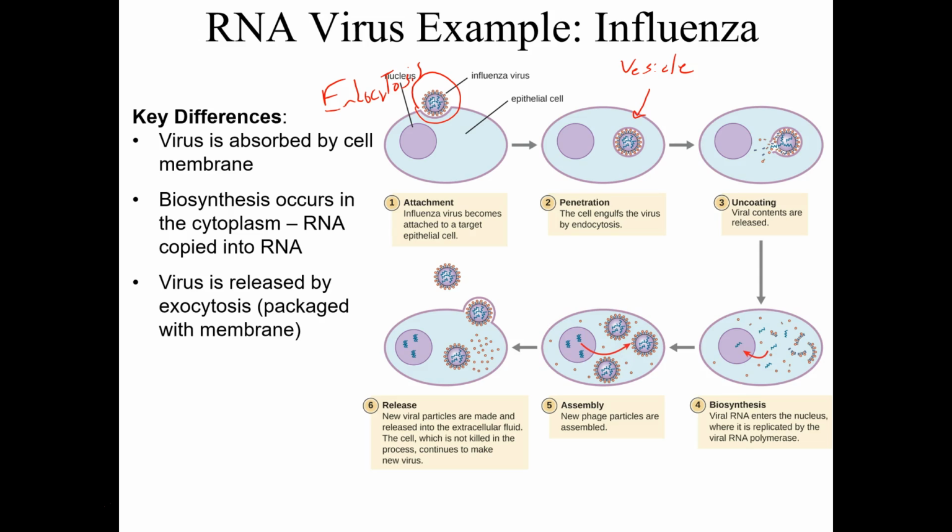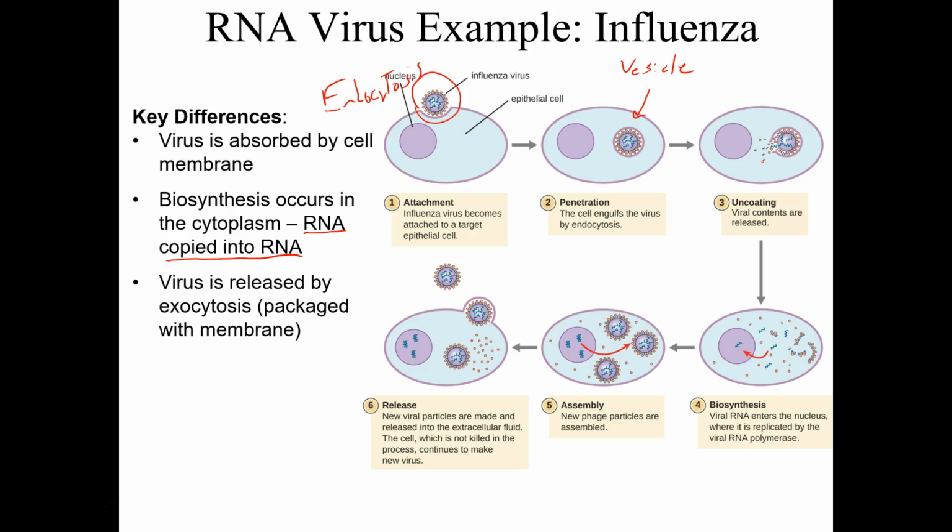The flu is one of those positive sense RNA viruses, so the RNA has to be copied into RNA. I mentioned that RNA-dependent RNA polymerase. The flu uses that. So the flu's genome fragments are copied, the flu genes are expressed, and you